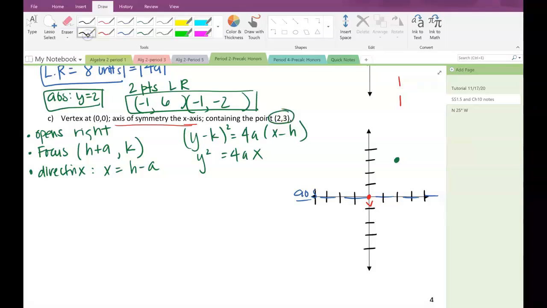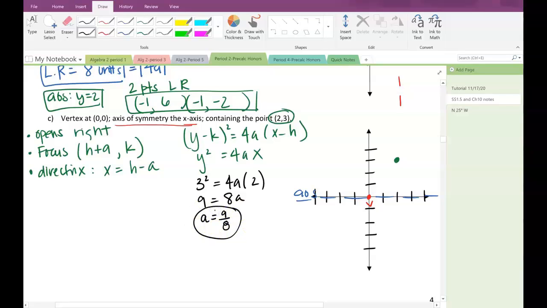So let's plug that in. 3 is y, so that's 3 squared equals 4 times a, and 2 is x, so this is 9 equals 8a. Divide both sides by 8, so a equals 9 over 8. Okay, not a friendly number, but that doesn't mean it's not a number, so let's go and fill in our